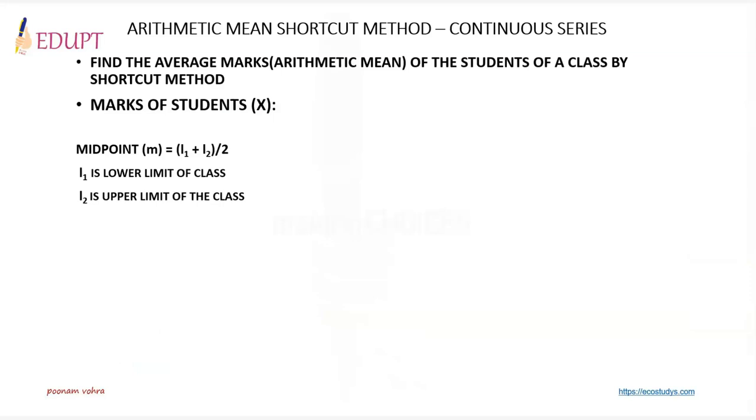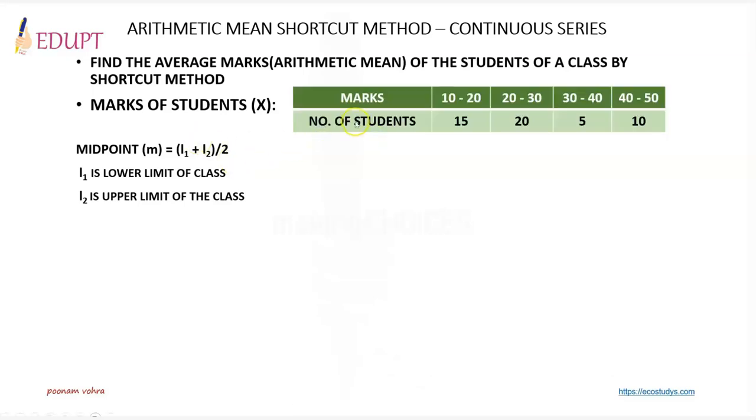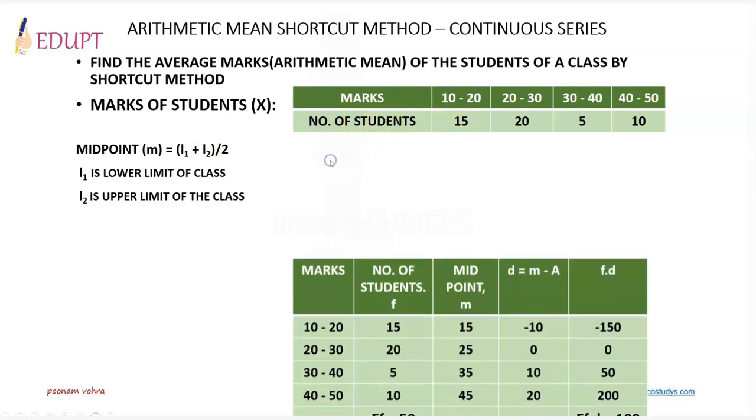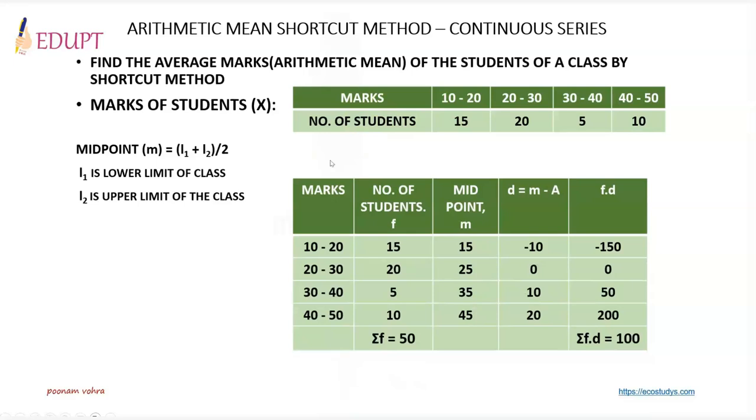Now let us apply the shortcut method in continuous series to find arithmetic mean using the same numerical example, which is about the marks of the students, and one needs to find the average marks obtained by the students by shortcut method. So the information is about the marks in class intervals and number of students as frequency. So likewise we have